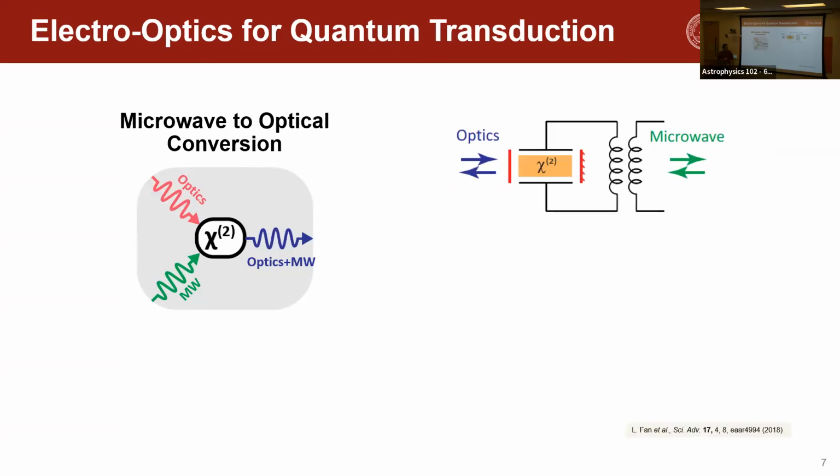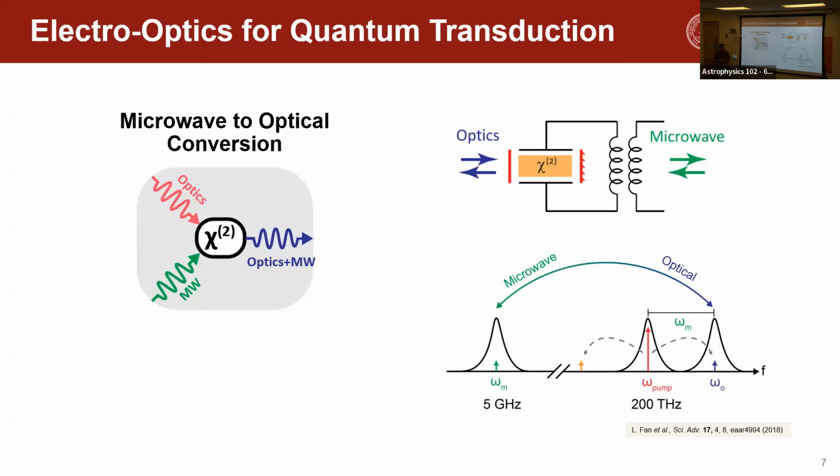And so you can, for example, draw a diagram like this of a system that you might want to use in order to achieve this microwave to optical transduction. We have your microwave signal that enters a circuit that's gaining a Chi2 material. You can embed that into an optical cavity to improve the interaction with light, and then you'll get indeed transduction from this microwave.